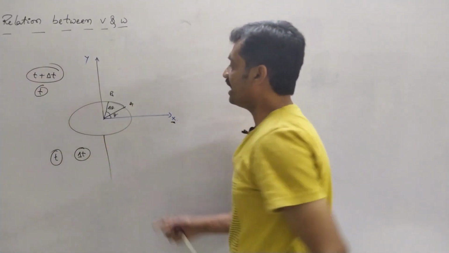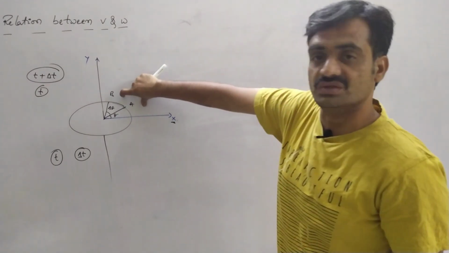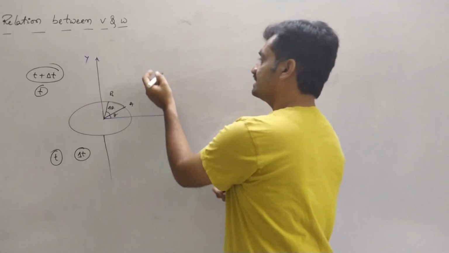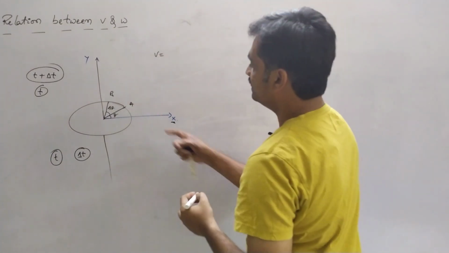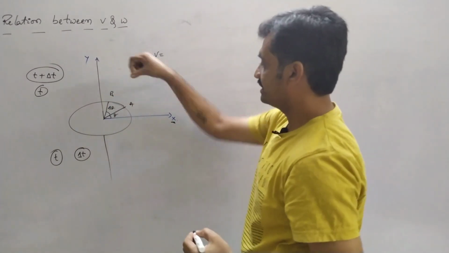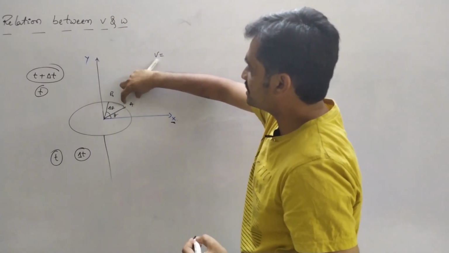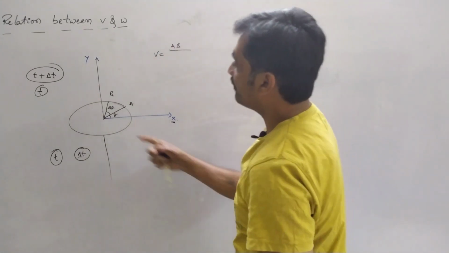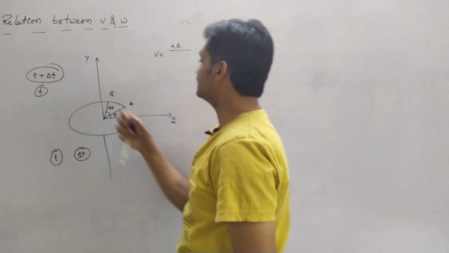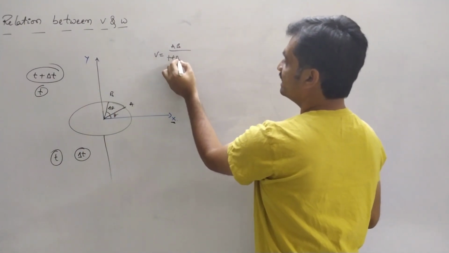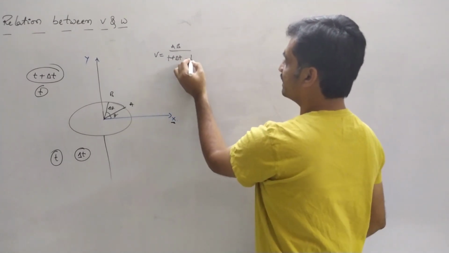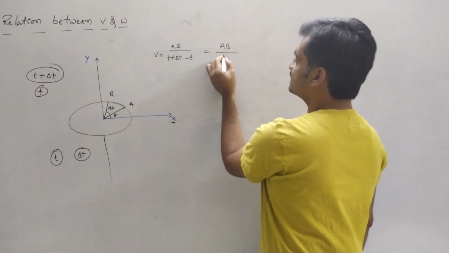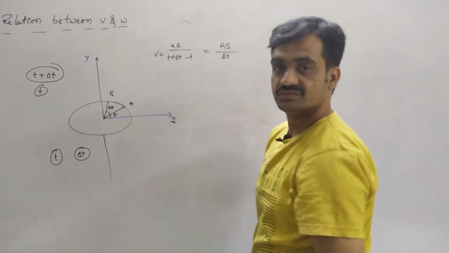So based on that, now we have to represent the linear velocity. Whereas the linear velocity is being represented based on the arc. The linear velocity is given as AB. We are going to represent the linear velocity along this path AB by changing the time. Final time t2 is nothing but t plus delta t, minus initial time t. So from this we get AB by t minus t gets cancelled, and here we have delta t.